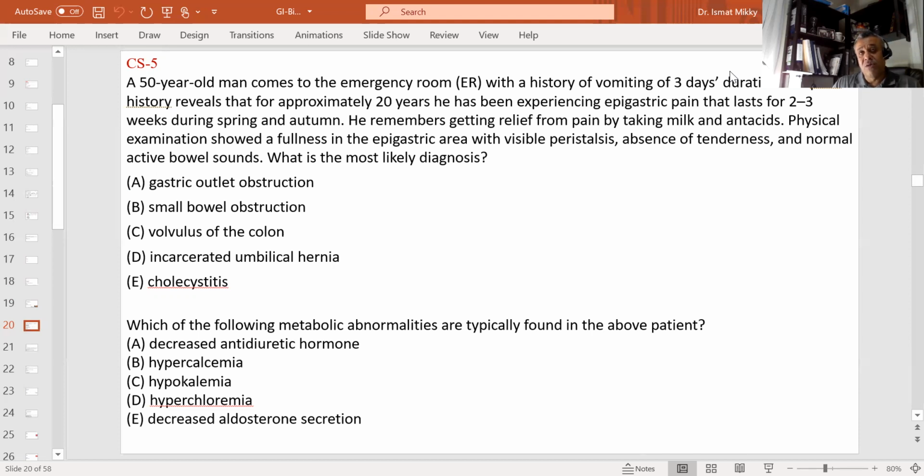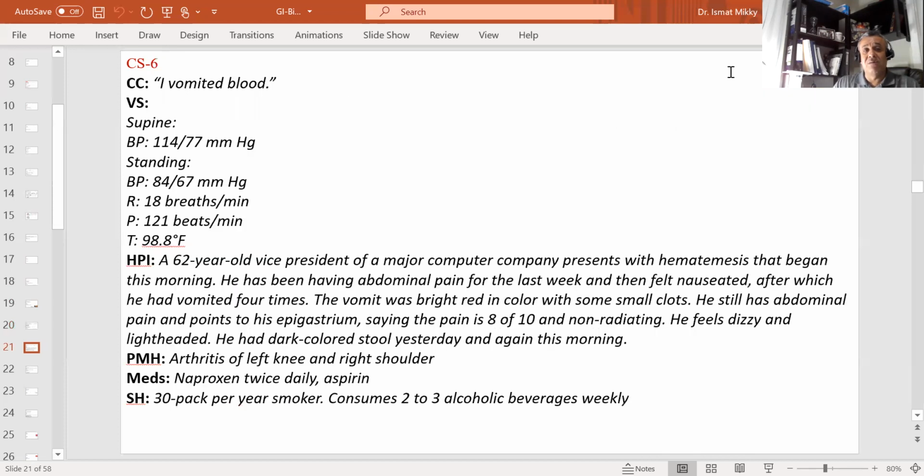The small bowel obstruction, also covered during the session, would be associated with a history of colicky abdominal pain, nausea, and vomiting. Additionally, patients with small bowel obstruction usually have hyperactive, high-pitched bowel sounds on examination. So that's some of the differences in terms of signs and symptoms, how to compare between these GI diagnoses.